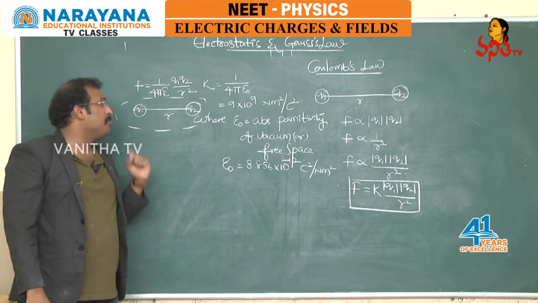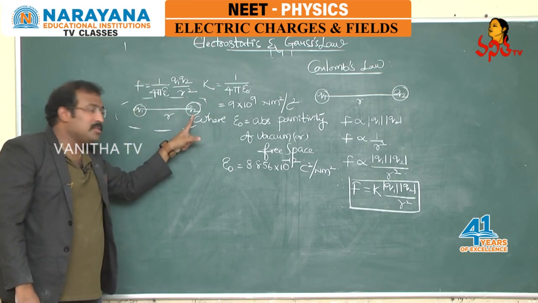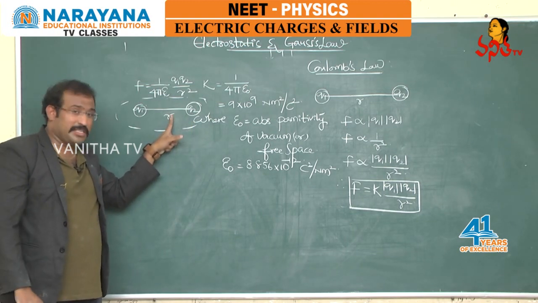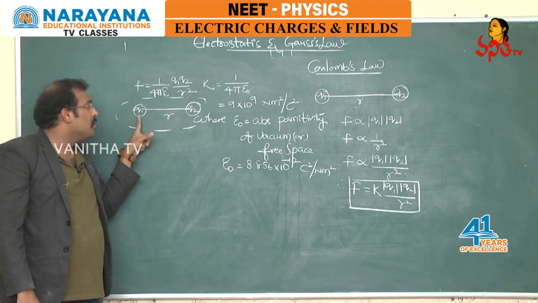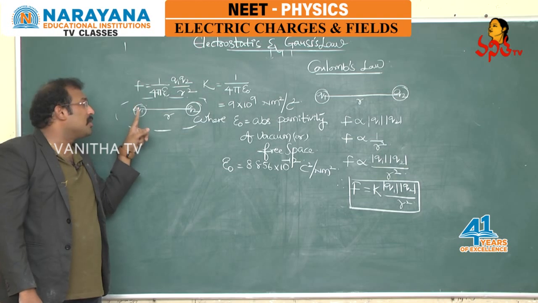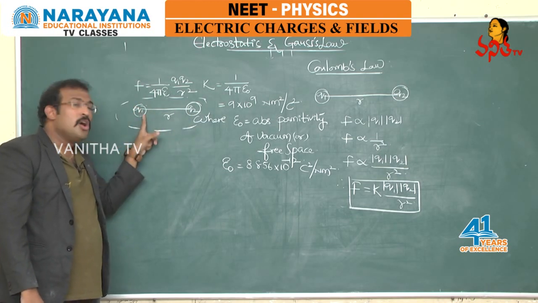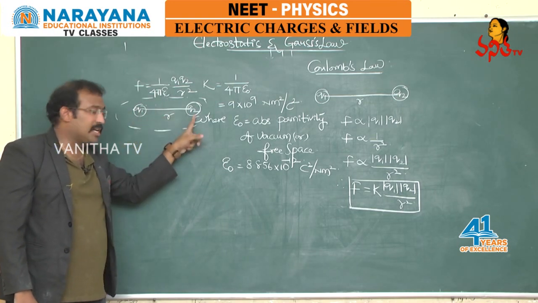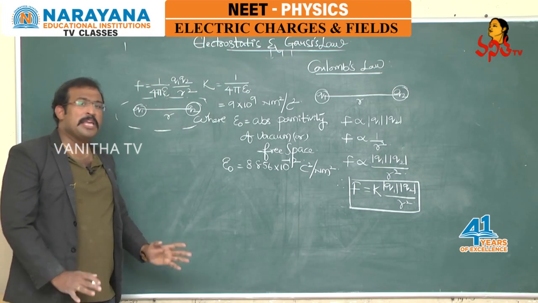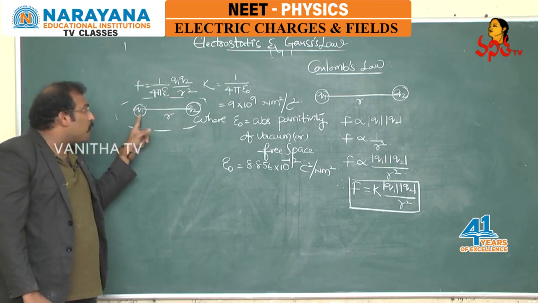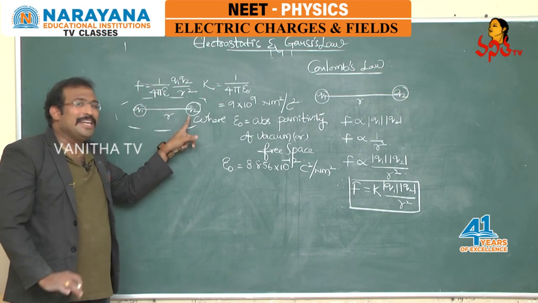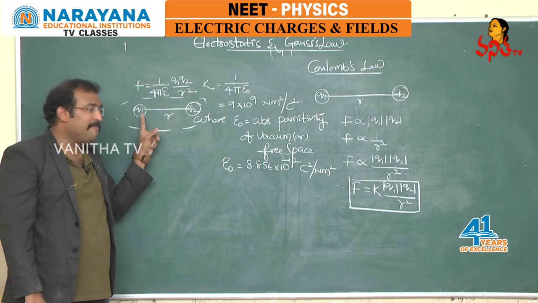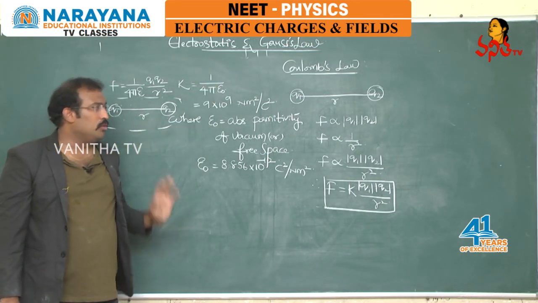Now always we have to remember that the force between the charges is independent of the medium in which they are placed, but the net force on the charge will vary. The net force on the charge is the force due to this one and also the force due to the polarization of the medium because of these charges. So we simply have to remember that always the force between the two charges is independent of the medium in which they are placed, but the net force on a charge will vary. So this is Coulomb's law.